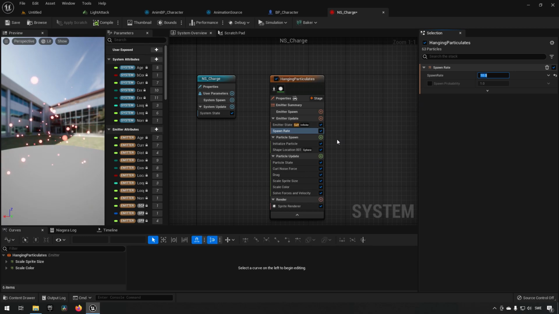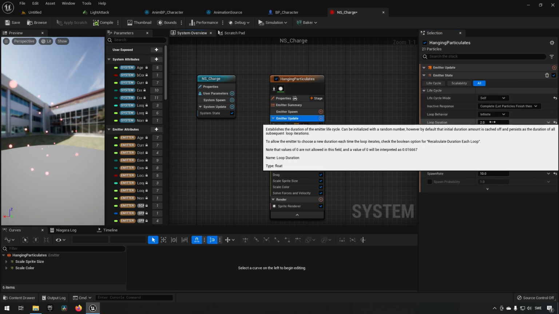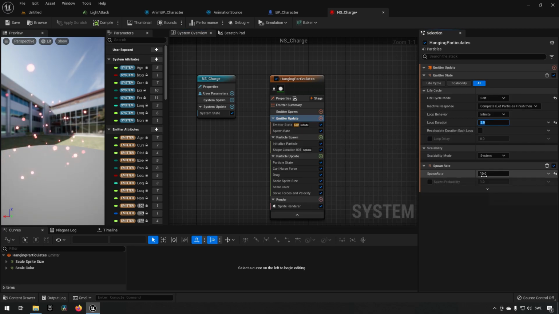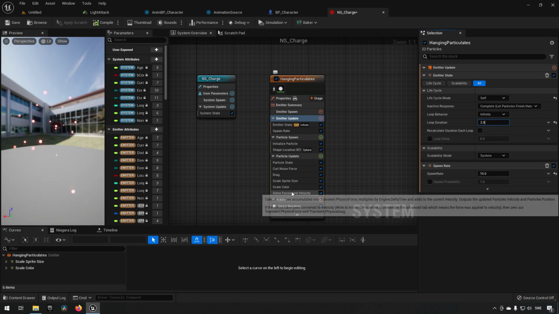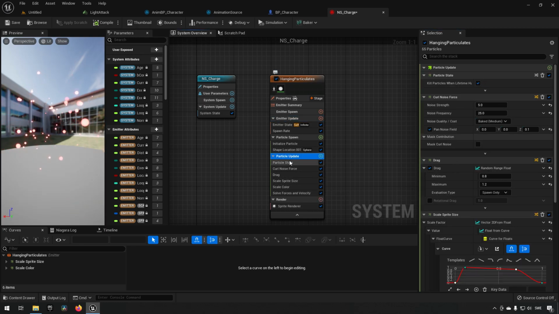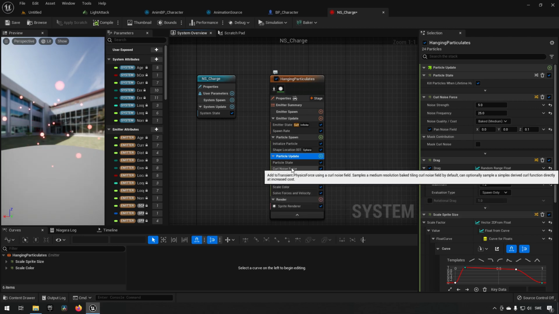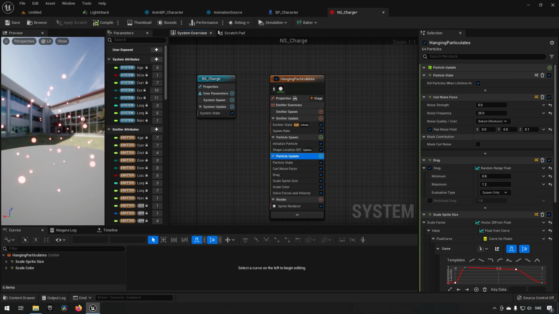The loop looks sort of long as well. What do we have currently? We have loop duration 2. That seems like a good loop duration, I think. We can see on the particle updates here that we have a bunch of different components that are affecting it. One of them that we have is the curl noise, which is making it run around